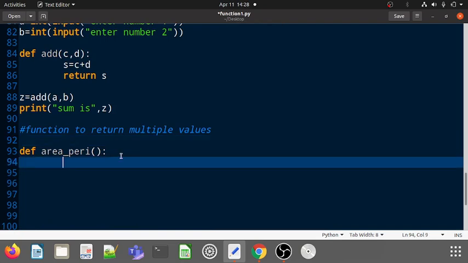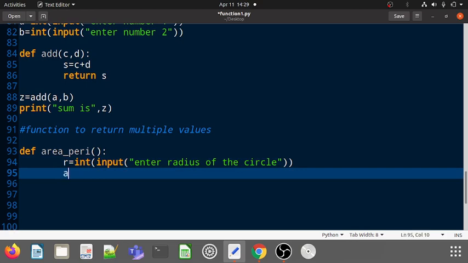So what input are we supposed to take? Radius of the circle. So r is equal to int input enter radius of the circle. Then we will calculate area. Area is equal to pi r square, right?